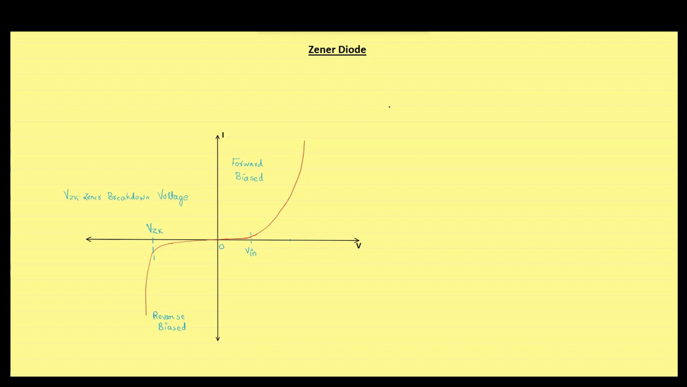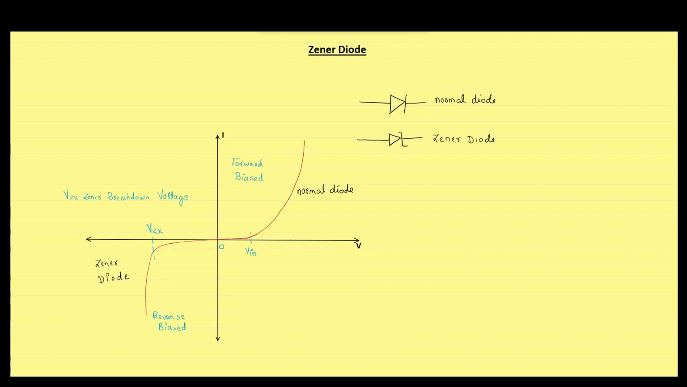The symbol for a simple diode is this, and the symbol for a Zener diode is this. If we talk about the voltage current characteristics graph for a Zener diode, then there is no difference with the graph of a normal diode. A normal diode is operated with forward bias voltage, whereas a Zener diode is operated with reverse